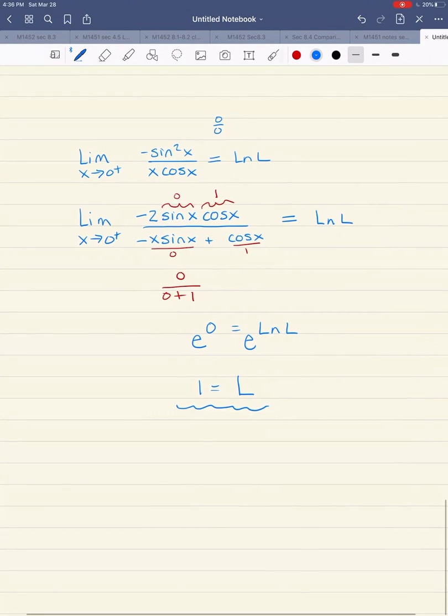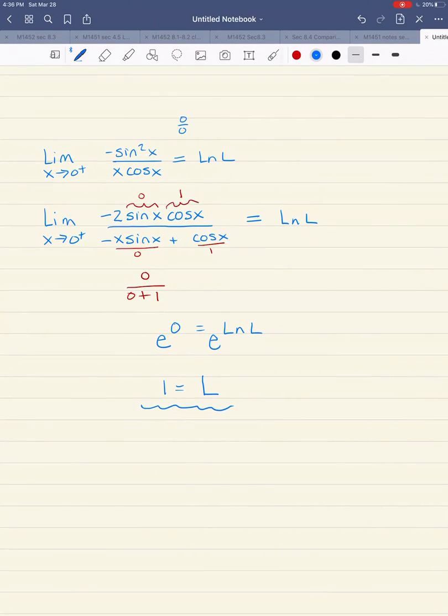There are all of my examples for L'Hopital's rule. Try reading over the notes and trying your web work problems, and then we'll talk about these in our virtual